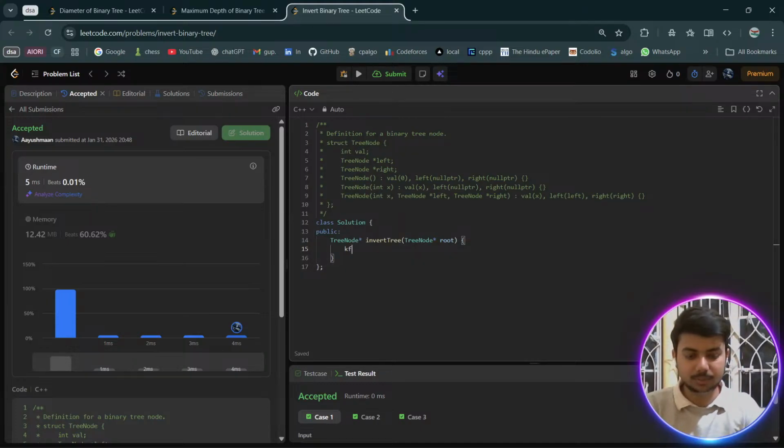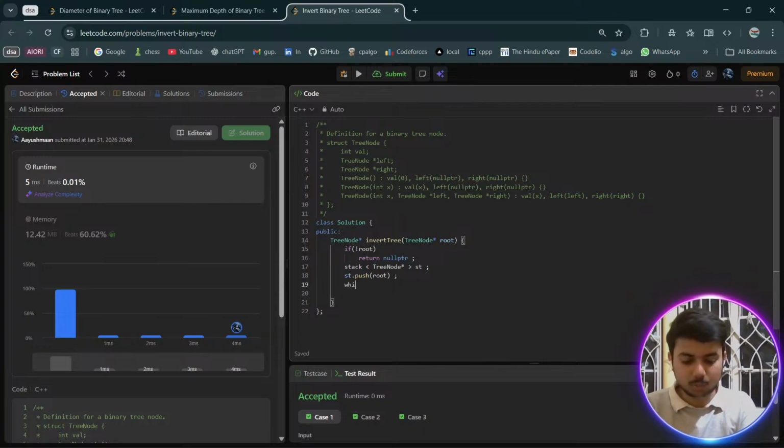स्टैक के लिए क्या करोगे, सबसे पहले तो तुम चेक करोगे कि अगर रूट है ही नहीं, देन यू सिंपली रिटर्न null ptr। और नहीं तो तुम एक स्टैक बनाओगे। हाउ आर वी क्रिएटिंग स्टैक, स्टैक ट्री नोड पॉइंटर। ठीक है, और तुम नाम तो कुछ भी दे दो, एस टी। नाउ एस टी डॉट पुश, यू आर पुशिंग द रूट।